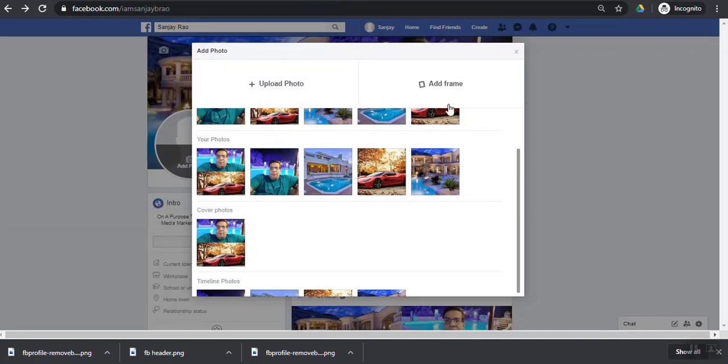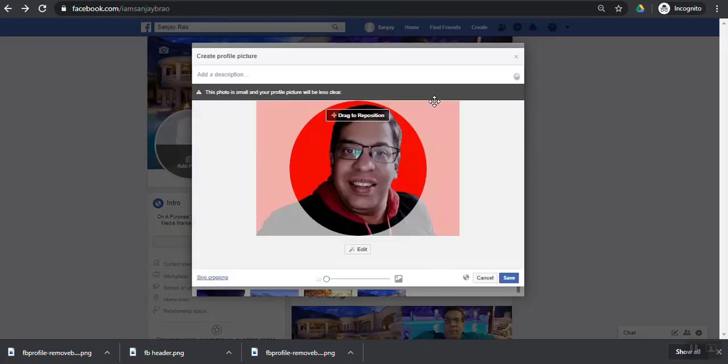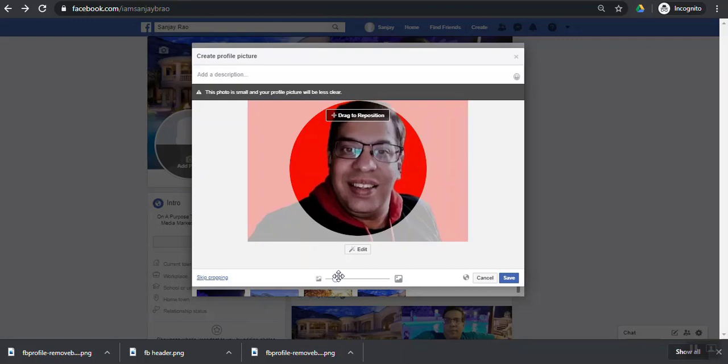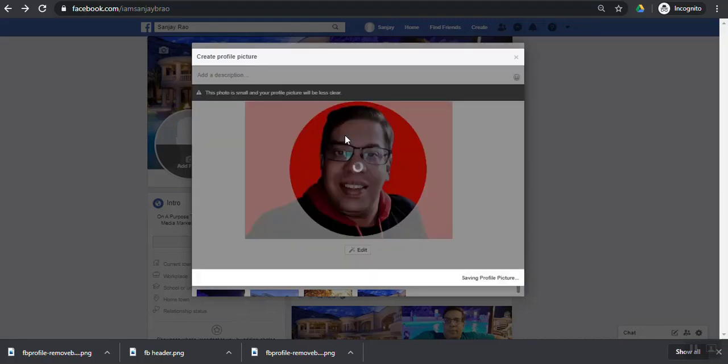Click on it. You adjust the size by dragging this so that it's right inside the circle. You can even move this image to the left, right, so that it's right in the center. And you can say save.